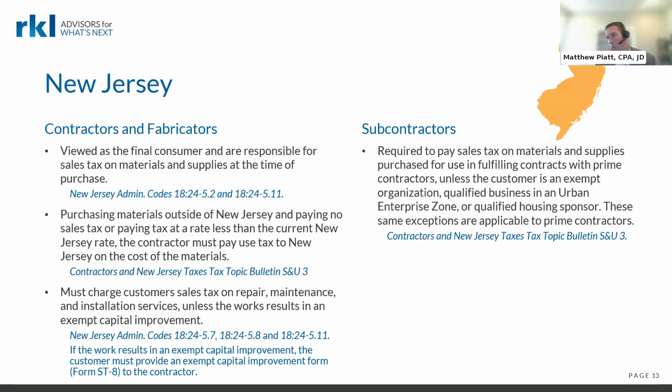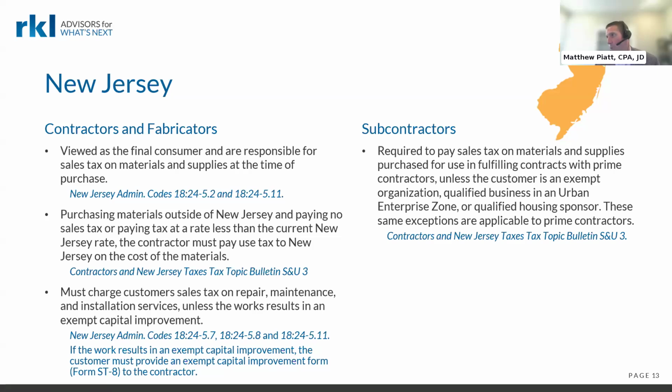New Jersey and New York are the only two states off the top of my head that I'm aware of that have a form like this. So a form like the ST8 is unique to New Jersey and New York, and you got to get that from your customer if you're in that exempt capital improvement space. Subcontractors are required to pay sales tax on materials and supplies purchased for use in